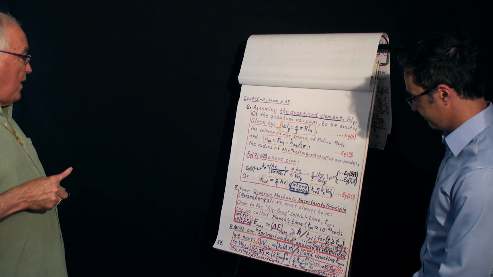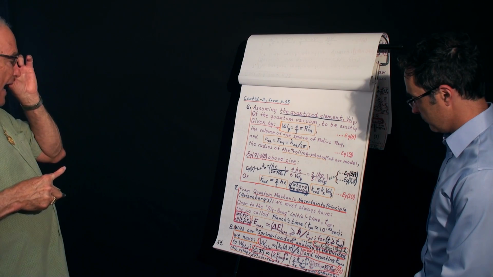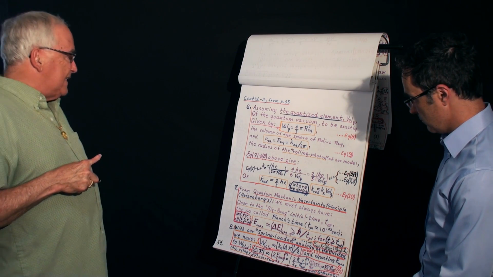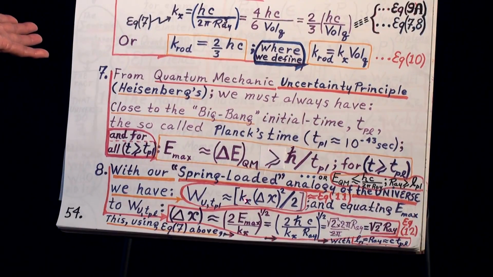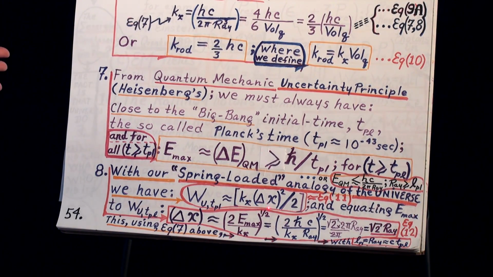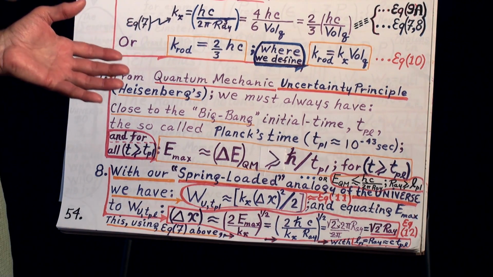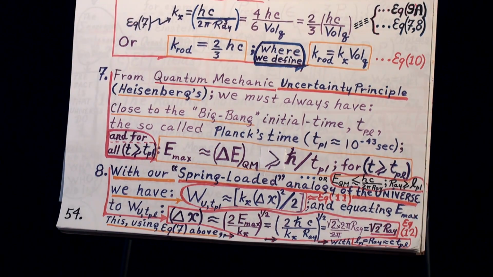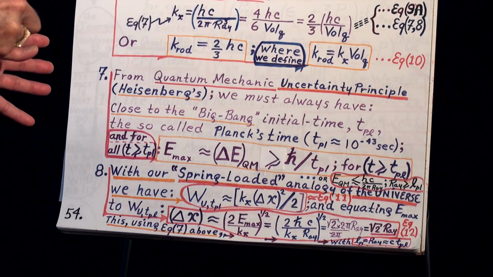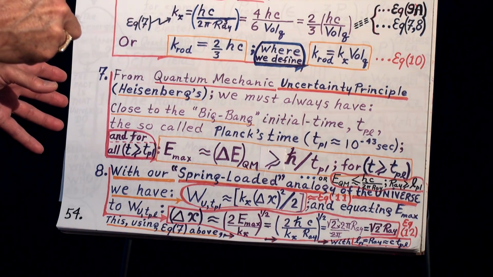This is just combining the equation for time greater than Planck's time, which is any time after this short time there. Okay, so we have the energy at this Planck's time, just with the elastic constant multiplied by the elongation of the initial spring. The elongation square, okay, divided by 2 is the mechanical energy of the spring to break it. Then you have a Big Bang. So it's an equivalent. So then the delta x distance that you would need to do that happens to be square root of 2 times rho.